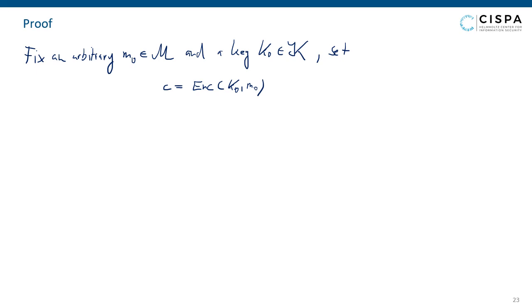Now we ask the question, to which messages could this ciphertext C possibly decrypt? And towards this goal, we define the following set S